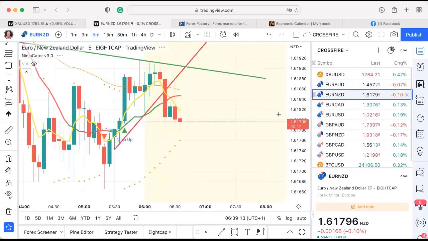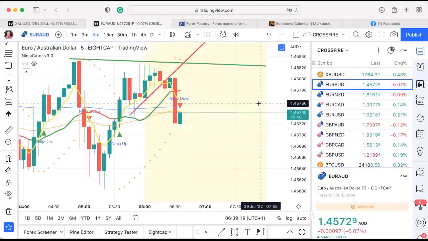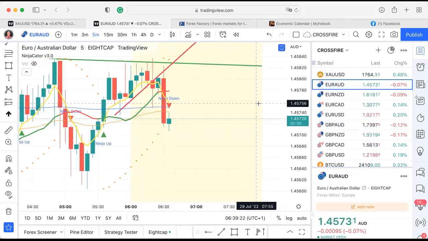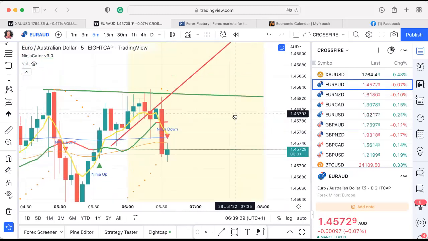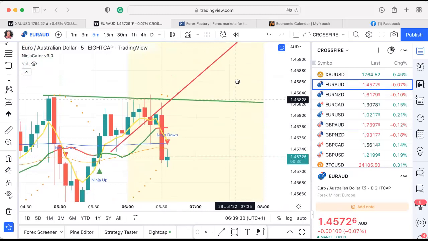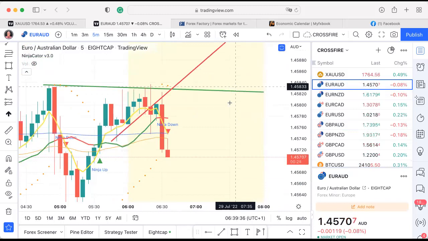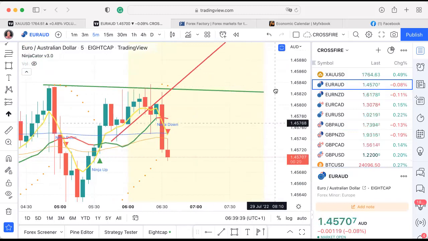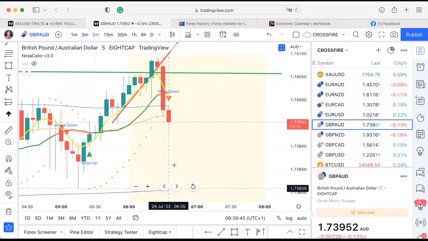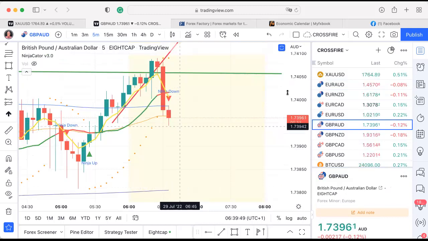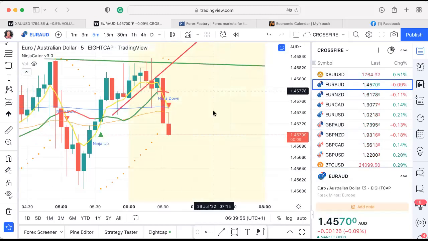On the Euro AUD, there's no target to aim at if it breaks through that 50, because the 800 is above on that one. That's the difference between the Euro AUD and the GBP AUD. So of the two, the GBP AUD is probably the better one to aim for because you've got a target. I think the GBP AUD, because it's got that 15 pip gap, is more attractive to me than the Euro AUD, for the reason you've just stated.